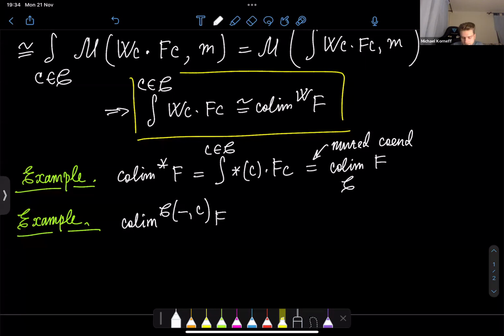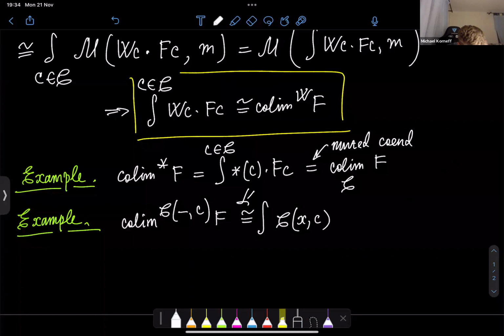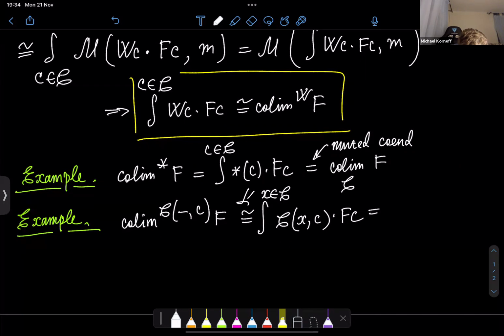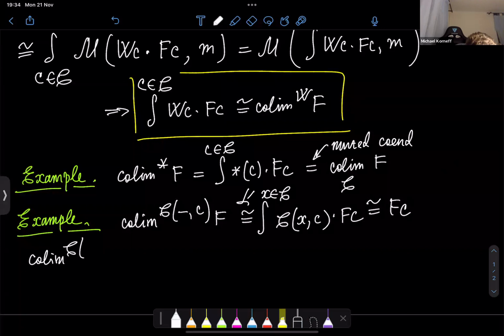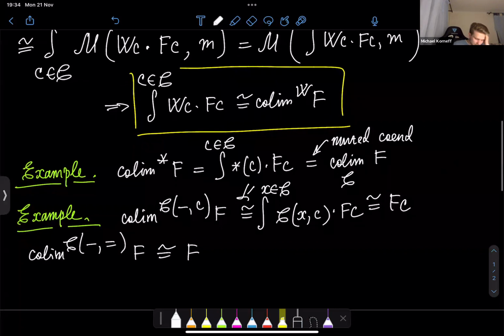It's just a representable functor, and we can use the Yoneda lemma or co-Yoneda lemma, and thus we have that this weighted colimit is isomorphic to the functor F. Okay, now